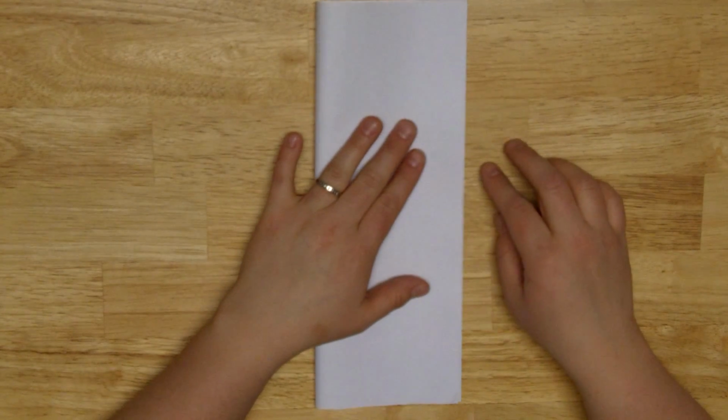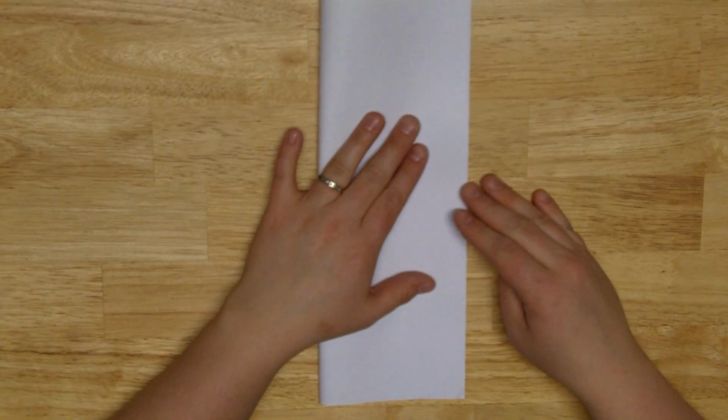This foldable is called a flap foldable, and you can make it with as many different flaps as you want, and I'm going to show you how to make it with 5 flaps, 7 flaps, and 6 flaps. The first one we're going to do is a 6 flap foldable. You'll take your 8.5 by 11 sheet of paper and fold it in half longwise,